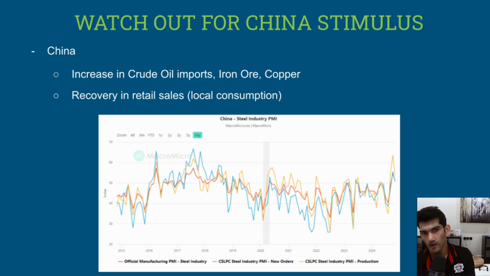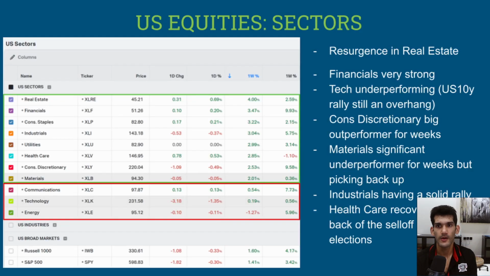So if the economy in China is not growing, we're not going to see increasing trade flows to many of these countries. So in terms of US equities at a sector level, what has the market been doing? So the S&P was up 1.41% on the week, and it's been a very strong week in equity markets with most of the sectors except communications, technology, and energy